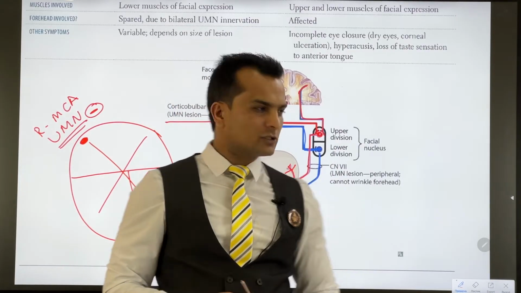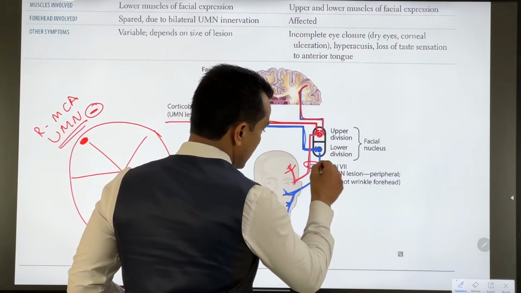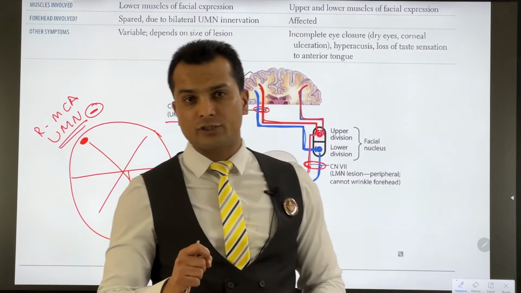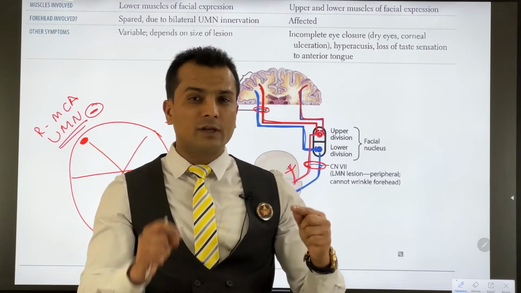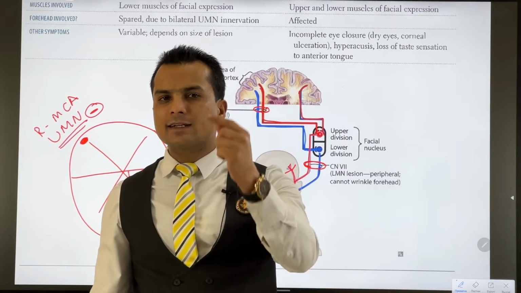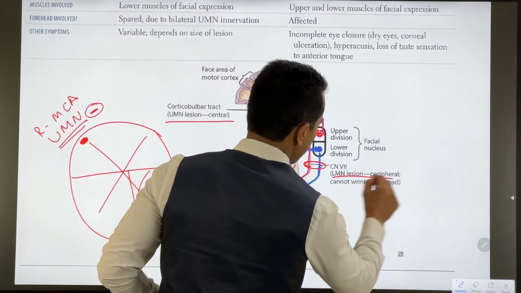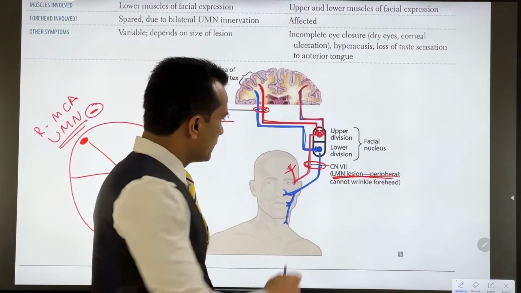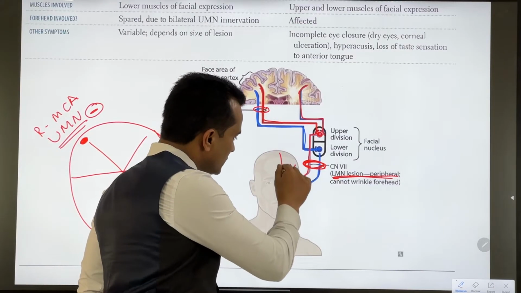But suppose a person has an injury along the tract of the facial nerve. Here you can see in case of the lower motor neuron injury, in case of the injury at the level of the pontomedullary junction where the nucleus of the facial nerve lies. Number 2, anywhere along the tract of the facial nerve. This is lower motor neuron, this is the peripheral, it means along the tract of the facial nerve. So what happens is that there will be complete denervation of